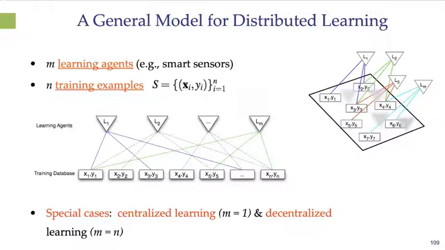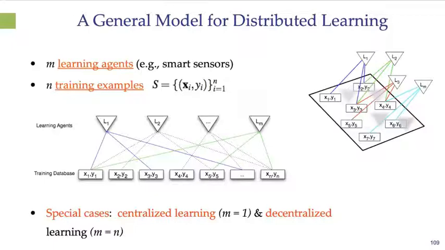So that's basically the machine learning problem that we're trying to address. We have a training database of N samples, and this is one part of the graph. And then we also have learning agents. They could be smart sensors, for example, or access points in a general model, or anything in the cloud. And we have M of those. Then there's connectivity between the two layers of the bipartite graph. A learning agent is connected to a training datum if that learning agent has access to that training datum. So this describes the learning agents, the data, and which agents have access to which data.